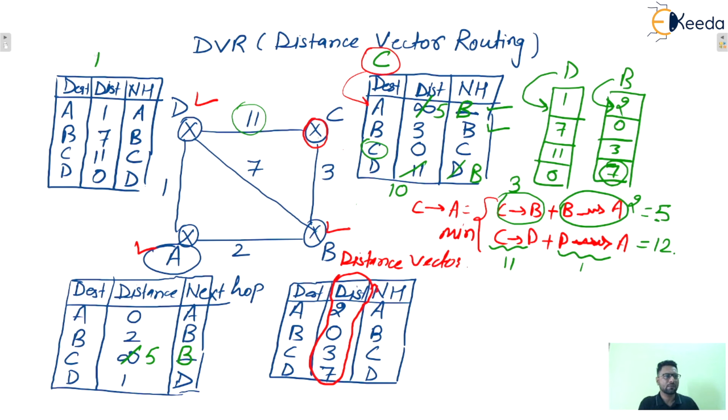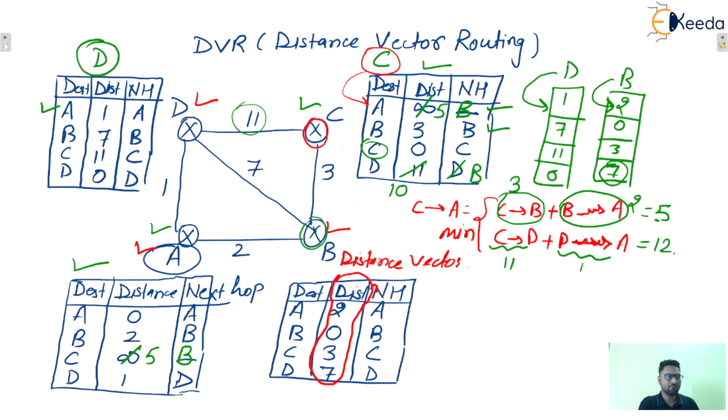Similarly, let's say the routing table of D. The routing table of D will receive the distance vectors from C as well as A, isn't it? So D to A will be 1, next stop will be A, you can see easily. Then D to B, we can go directly, or via C or via A, isn't it? D will receive the routing tables from all the neighbors, B, A, C.